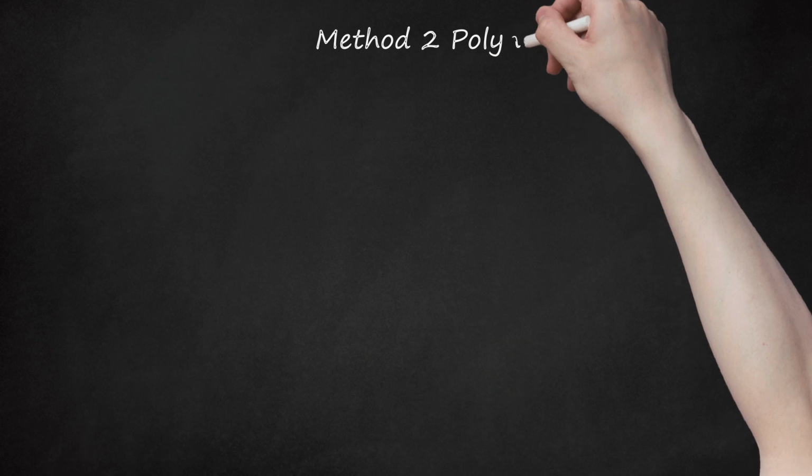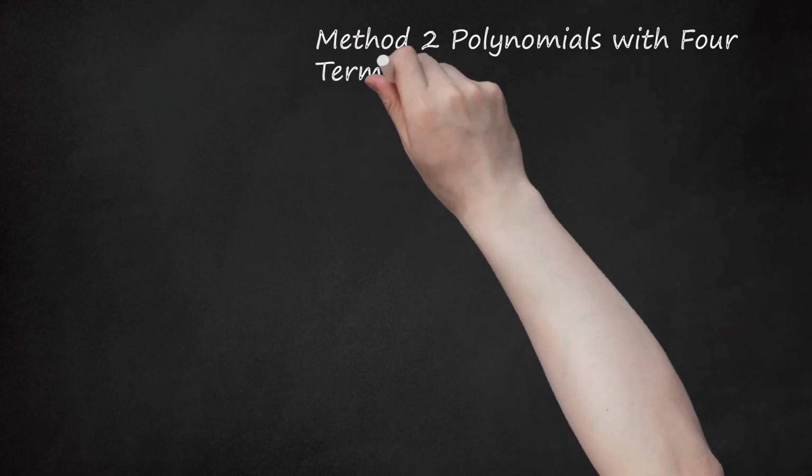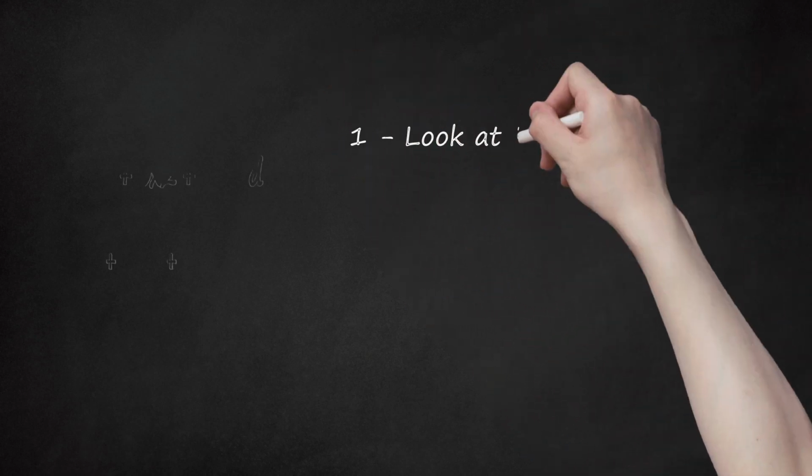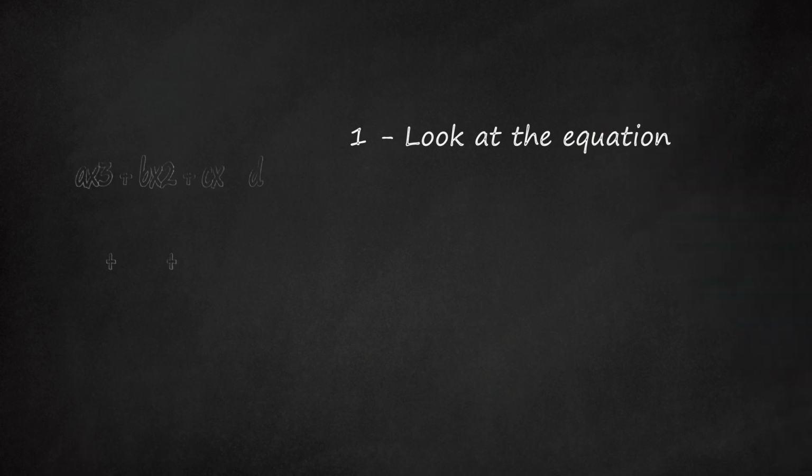Method 2: polynomials with 4 terms. 1. Look at the equation. The equation should have 4 separate terms. The exact appearance of those 4 terms can vary, however. Usually, you will use this method when you see a polynomial equation that looks like x^3 + bx^2 + cx